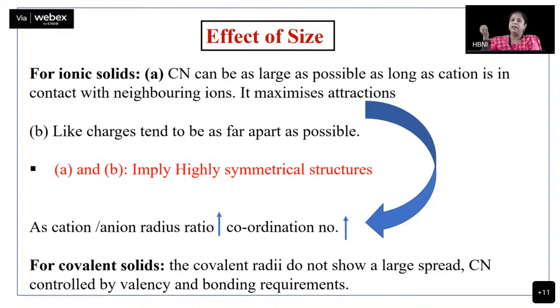Similarly, it can keep on increasing, and then it will reach another end where now it can take more number of ions around it. So there is a limit of radius ratio beyond which the coordination number can increase. Okay. Now I was talking about the higher limit. But one thing that I must tell you is,